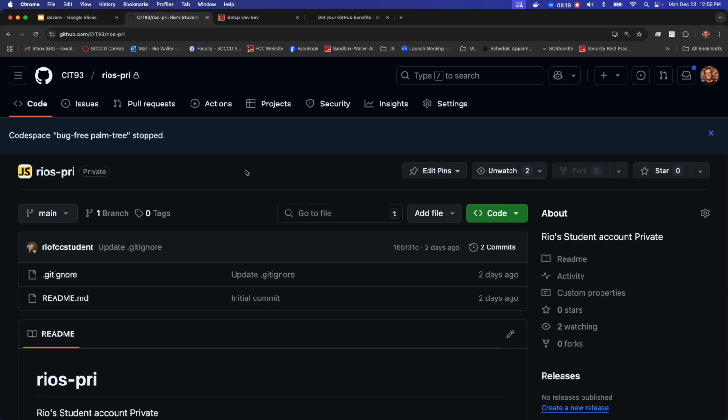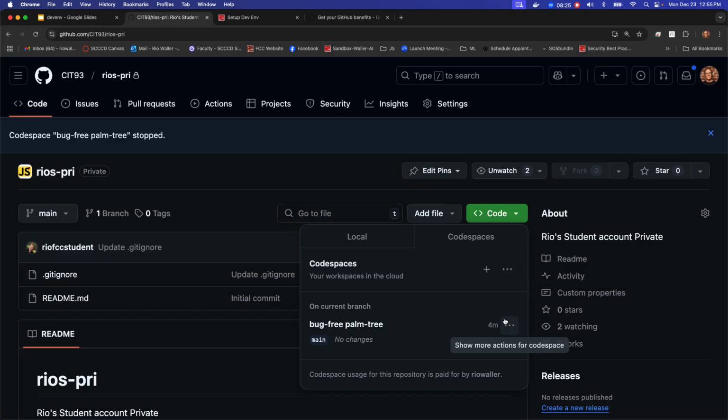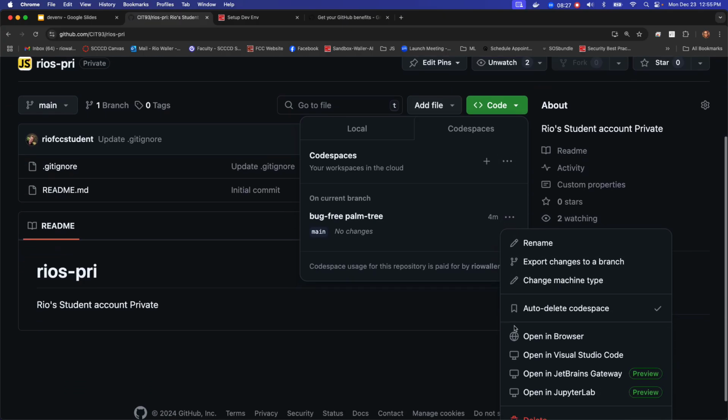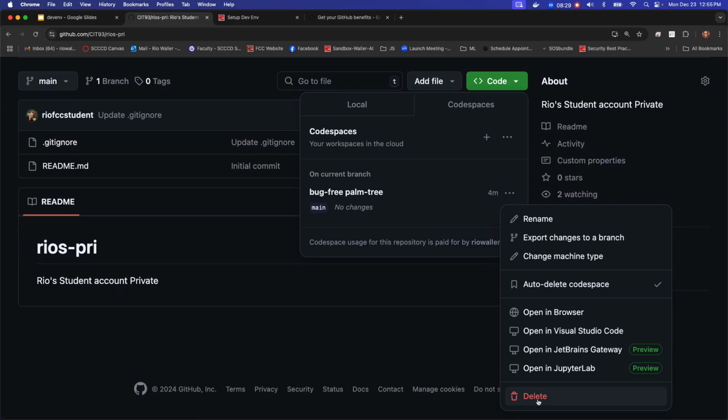So the other thing, okay, so if something weird happens on your account, the other thing you can do is you can just blow it away, you can just delete it. Now here's what will happen. If for some reason you've done changes in your code space and something weird setup wise you couldn't figure out, and you worked with me and we still couldn't, and I said, okay, you're going to have to delete it. Understand that if you have deleted it before pushing, and this is a new term you're about to learn more about,